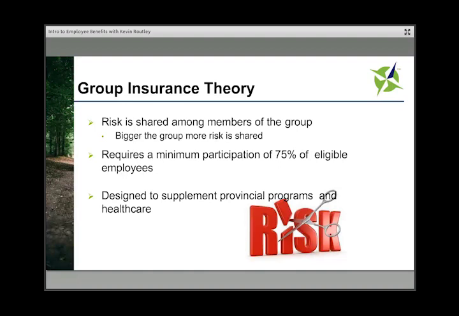If you don't have it in writing that they opted out, you could put yourself in a precarious situation where an employee could blame you for them not being on the program and come back to you, creating some legal risk for you. My best advice to employers is to make your employee benefit program mandatory participation for all eligible employees. Set the eligibility of the employee and the minimum number of hours you want them to work and the classes that you want to be on the program. But once you've set that, I always recommend that you try and spread the risk as far as you can and have all employees join the program.